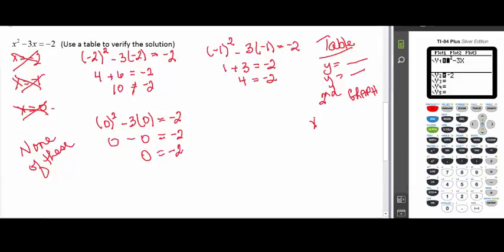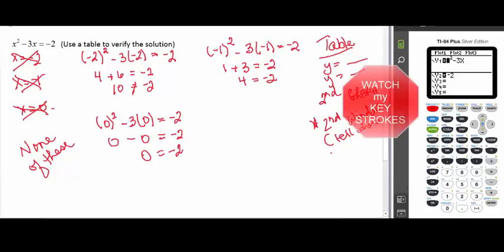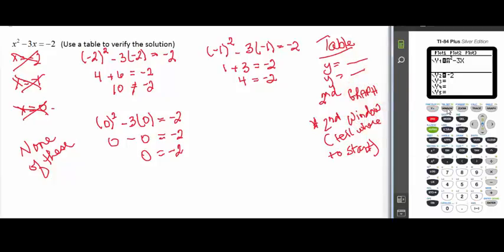Actually, I want to do one thing first. Let's do second window, and I can tell it where I want to start. So second window, and I have table start here. I have it at -2 because that was my first choice for x. And then I can do, so I'm going to do this first, and now I'm going to go and do